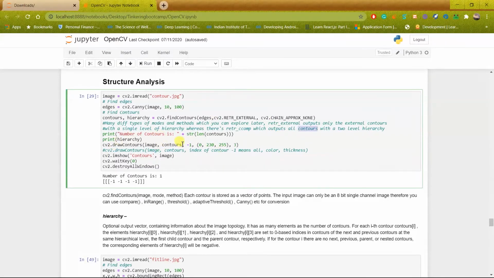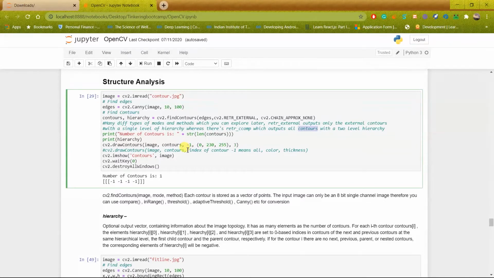So after that we print the number of contours using the len function, len of contours, and we also draw the contours. So this is the function which I am using, cv2 dot draw contours, and I am sending in the image. Then I am sending in the variable, the output which we got from the find contours. Then I am specifying the index of the contour which I want to draw.